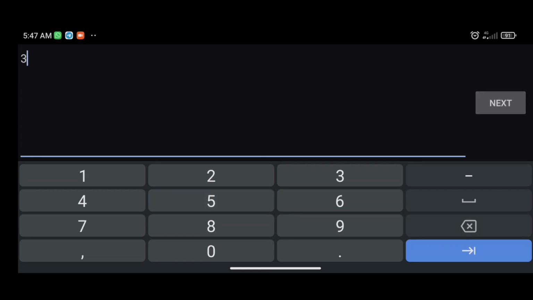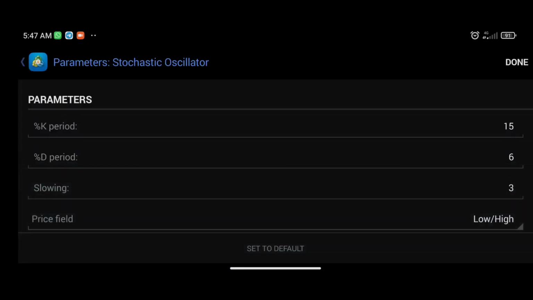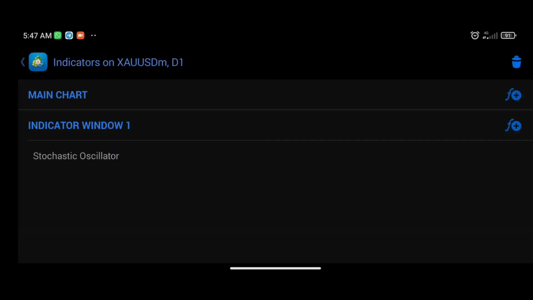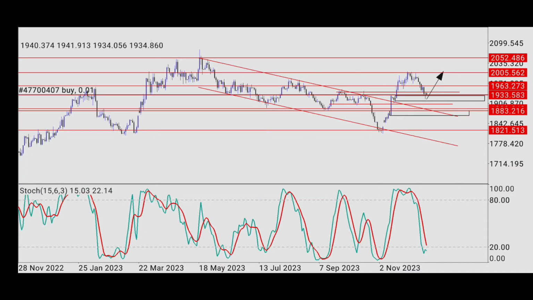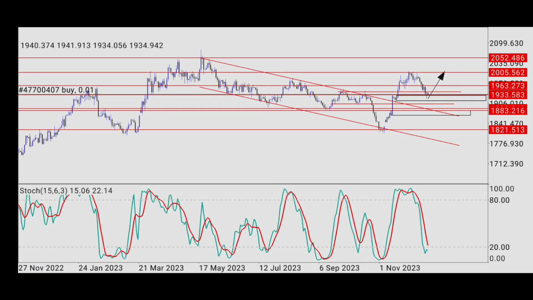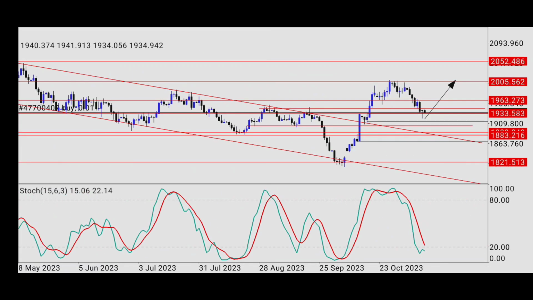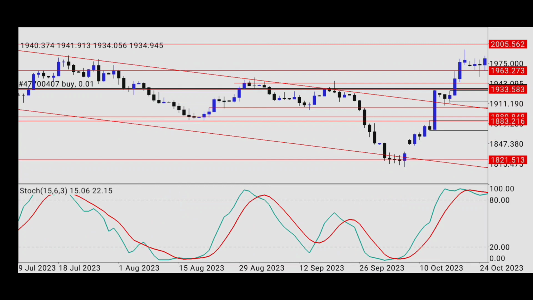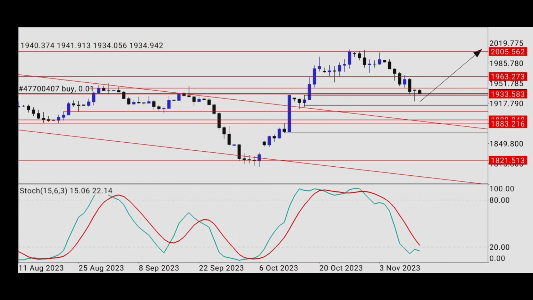And then the next thing I'm going to add to this is my stochastic oscillator, just so that I'm able to determine the buying or selling power. Okay, so by this I just want to look at how overbought or oversold price is. So currently on the daily chart, price is on the 20% level of my stochastic oscillator. So 0 to 20 signifies the price is oversold and should be buying all the way back to 80% or